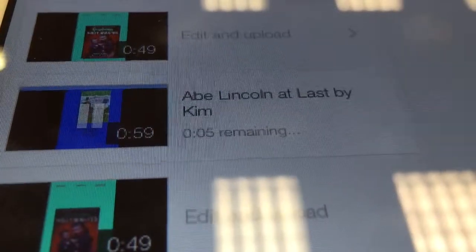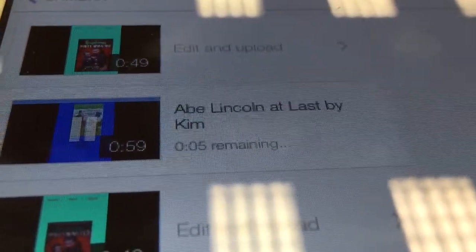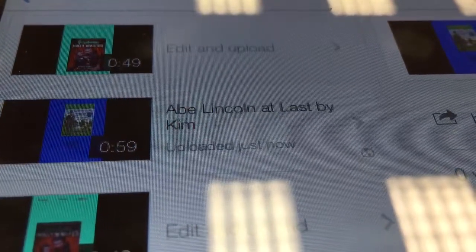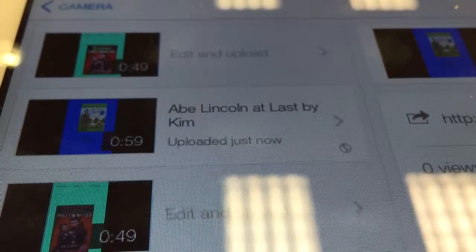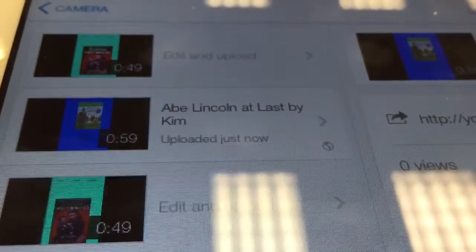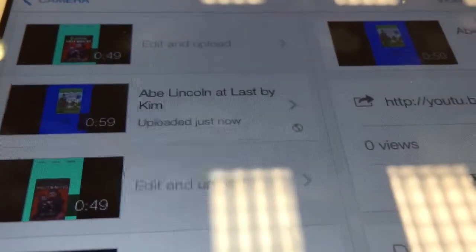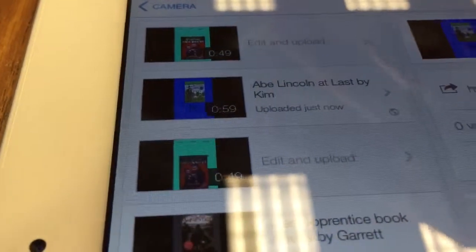If it doesn't upload as fast as you see it going here, probably the filter needs to be bypassed, and so you may have to go back and bypass the filter. But now it has uploaded, and when we go to our website for this YouTube channel, we'll be able to copy and paste the link, and we can share it. The last thing that I'll note about